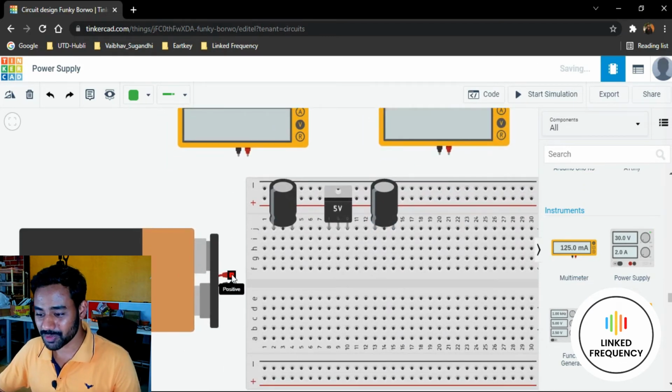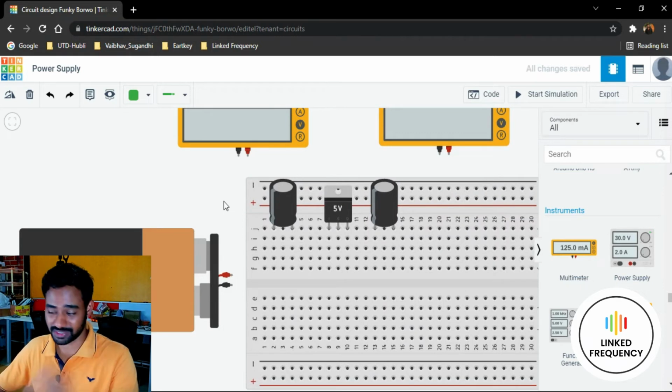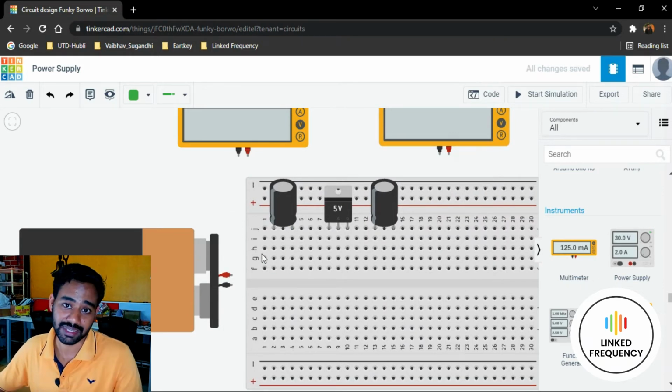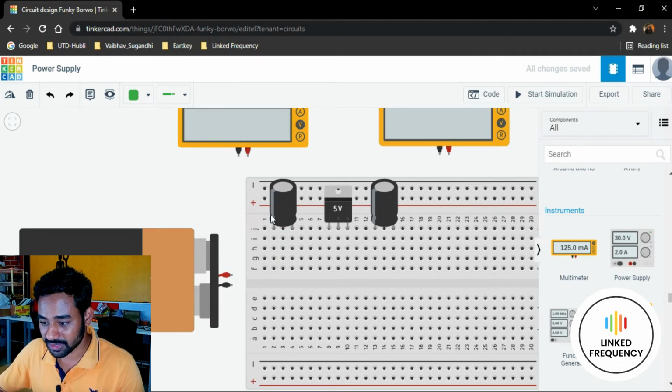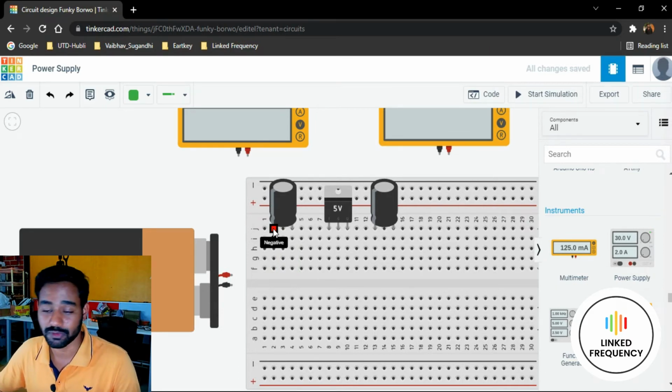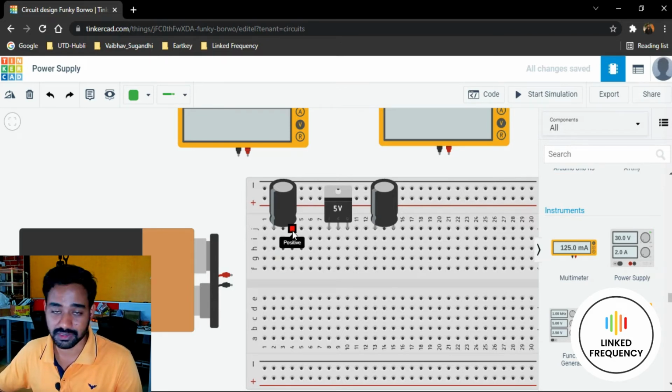Now I'm going to use the mouse pointer to drag a wire from this point to the point where I desire to connect. This is a negative indication, or you can hover your mouse cursor or pointer on the pins of any component. You will get to know what exactly that pin is dedicated for. For this capacitor, this is a negative point and this is a positive point. So what I need to do is connect the output of the battery positive to the positive of this capacitor.